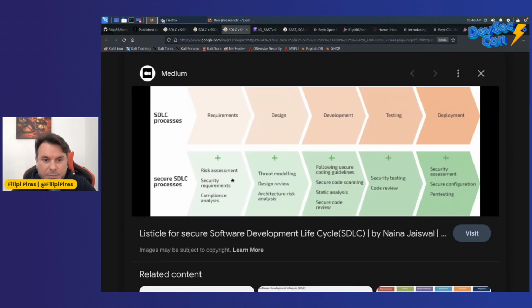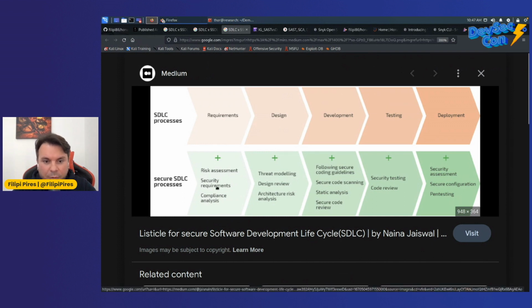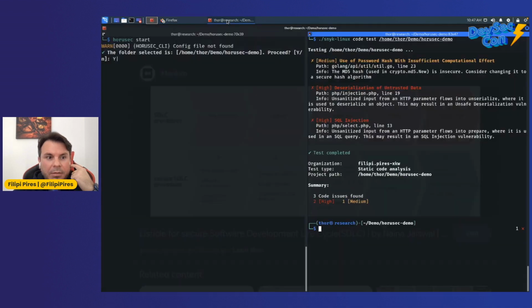So it's not that this is better. Looking from this process: risk assessment, first security requirements, after that creating threat modeling, design review, looking at the architecture, and creating the security code scanning, as I mentioned, or static analysis using a tool to perform a specific analysis here. And not only that, security testing, and in the end, for example, executing penetration testing in your environment. Okay, so